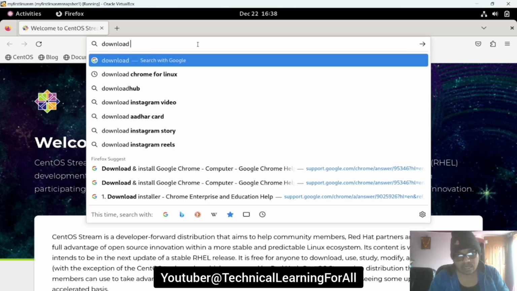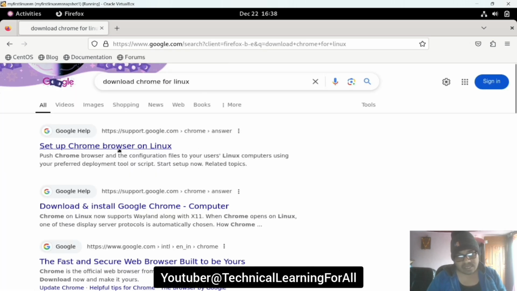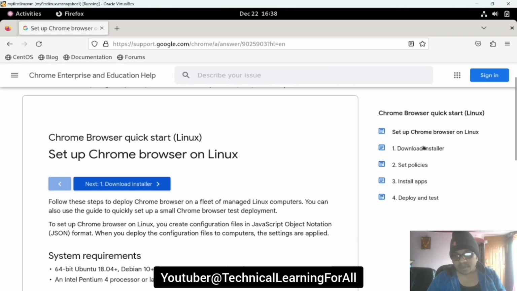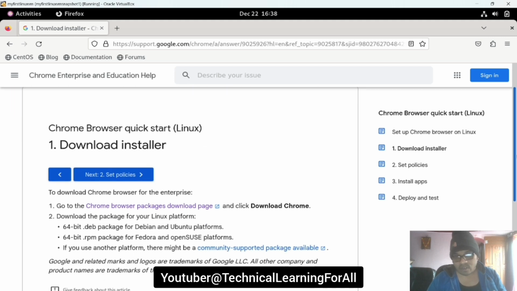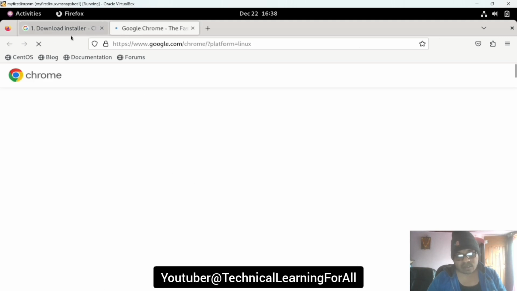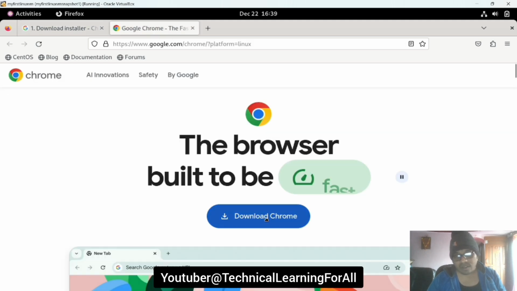Chrome for Linux. Set up Chrome browser on Linux. If you go here, you will see different steps. Go to the download installer step directly. Here if you go, just click on the link, go to link, this one, and here click on download